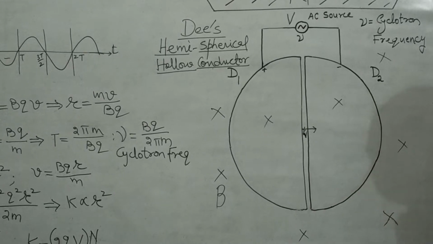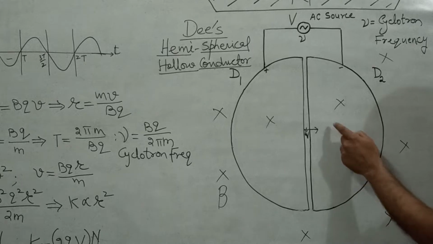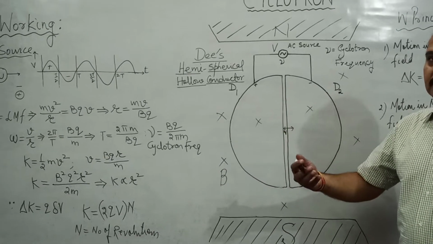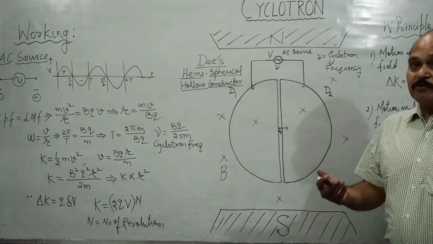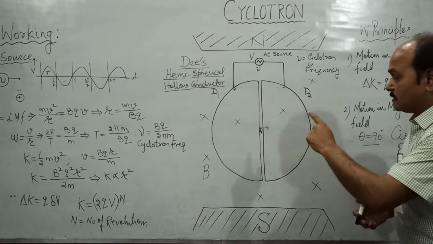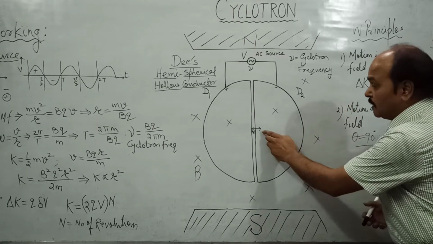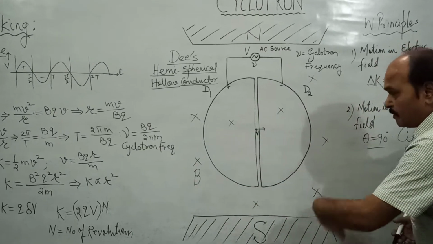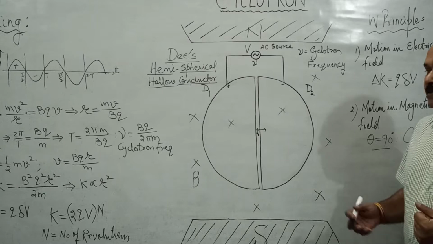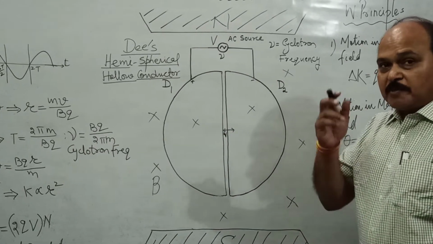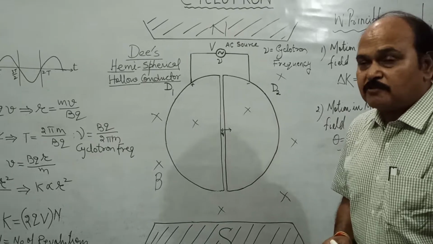And as the charged particle is pulled towards this hemisphere, it acquires speed, velocity. And as the charged particle acquires velocity, it is acted upon by the Lorentz magnetic force also. There is a magnetic field also in the perpendicular direction. And remember this, the Lorentz magnetic force acts over moving charges only.